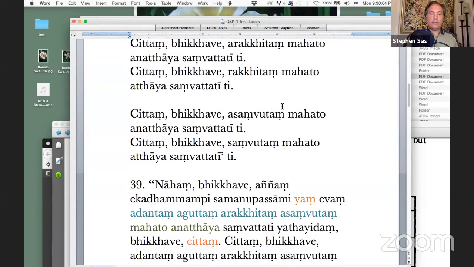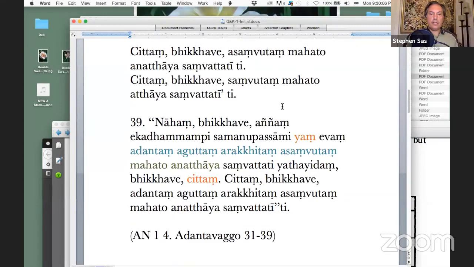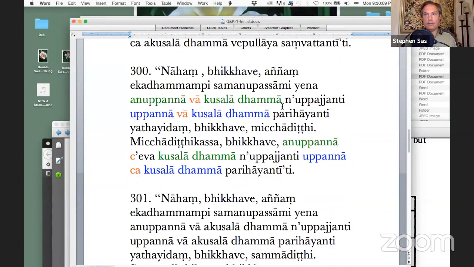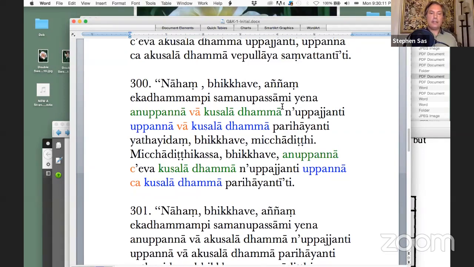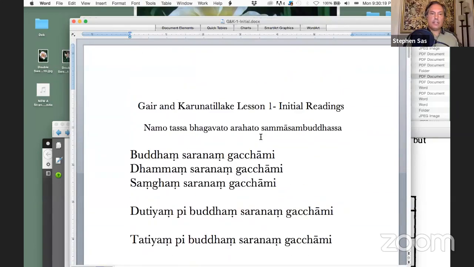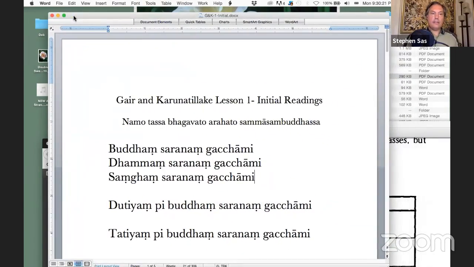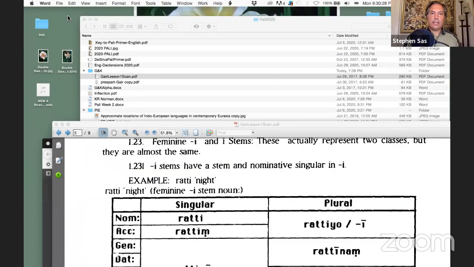And then we have a whole bunch of readings from the Anguttara Nikaya. Some of them I have color-coded to help us understand. I hope I create more understanding and not more confusion. And so this is what we're going to dig into after we briefly cover a few more Pali Primer examples next class. And so with that, I'll just ask if there are any final questions that anyone was not quite sure about, that I maybe misspoke, and I could try to address them right now.